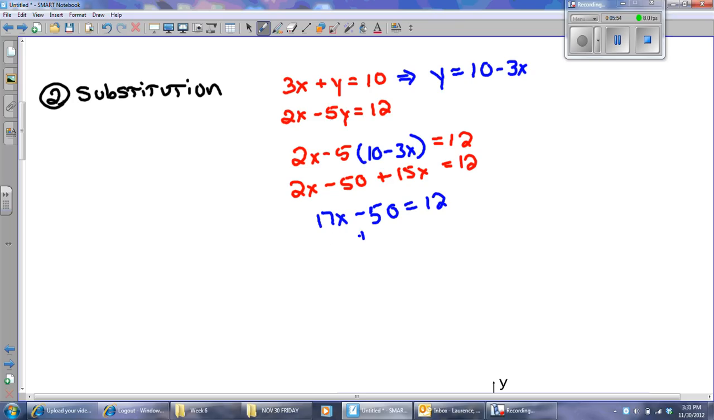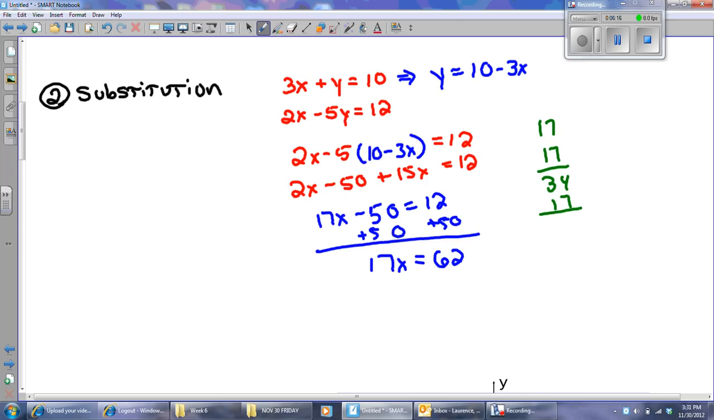All right, and I'm going to add 50 to both sides, right? And I'm going to get 17x, and that's going to equal 62. Well, let's see here. I know that 17 and 17 is 34, and another 17 is 51, and another 17 will give me 68. Well, when I divide by 17 here,